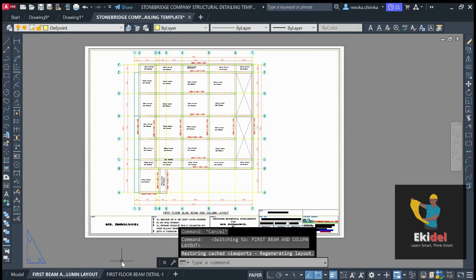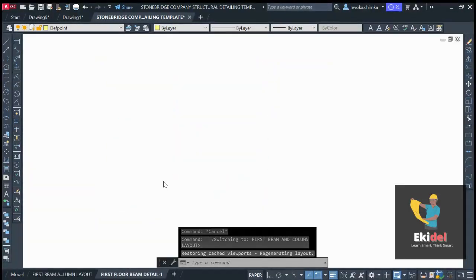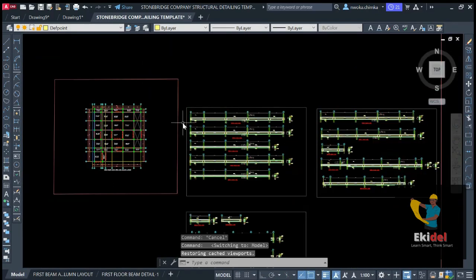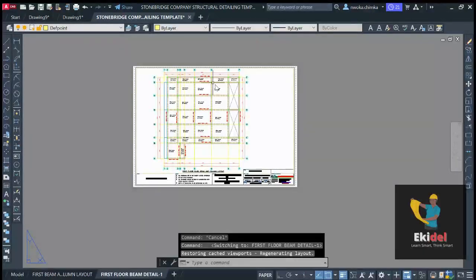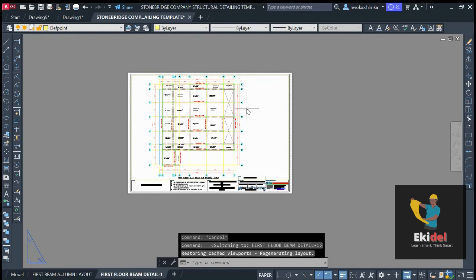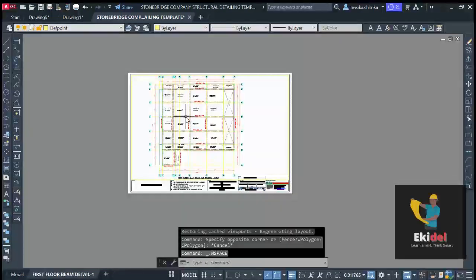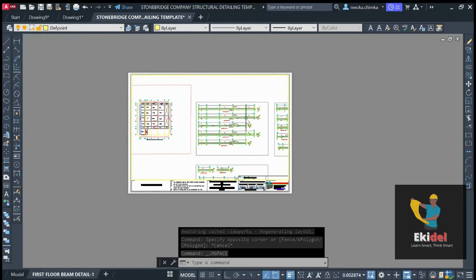You can see that. Now we want to transfer, and we also have this. Now we want to transfer this beam detail right here onto this paper space. So what I'm going to do right now, we will just double click on this place. Once you double click on this place, you can now zoom with your mouse button, zoom out this